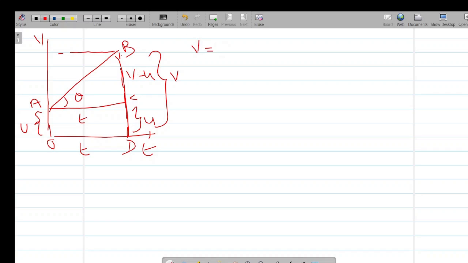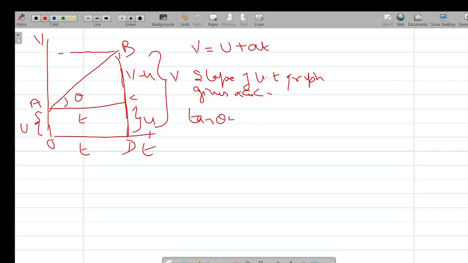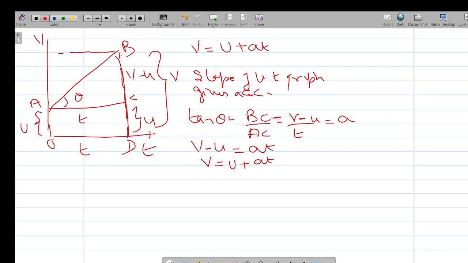The first equation of motion, V is equal to U plus AT. So what do we know? The slope of the VT graph gives acceleration. What is the slope? Tan theta. And what is tan theta? Perpendicular upon base. And what is the perpendicular? V minus u. What is the base? T. This should be equal to acceleration. So V minus u is equal to AT, or V is equal to u plus AT, the first equation of